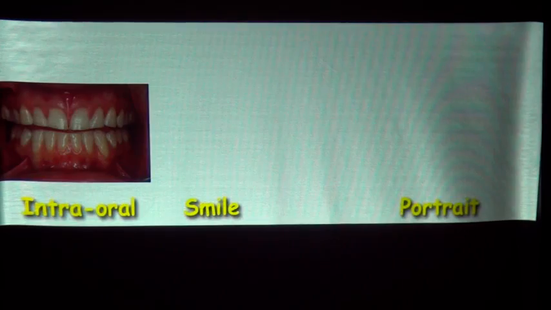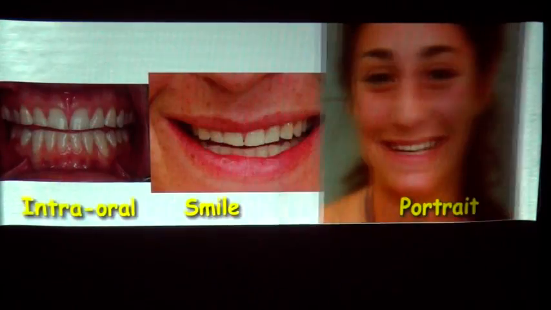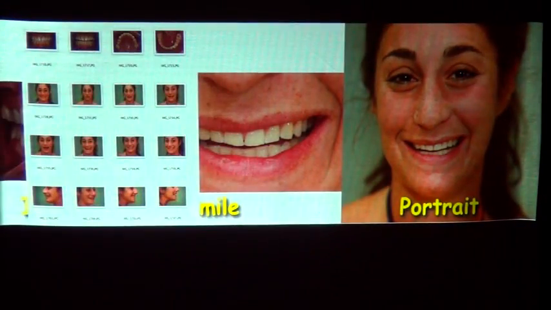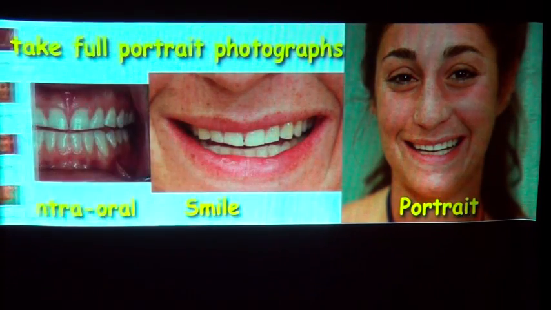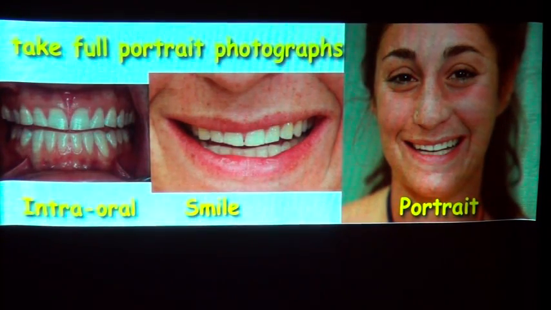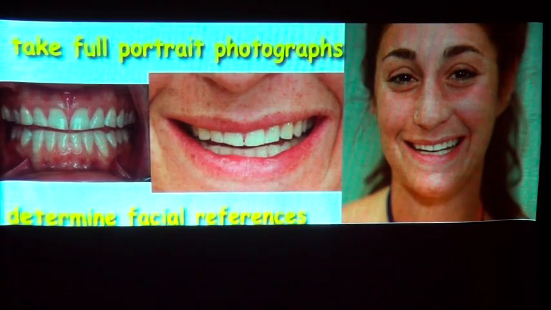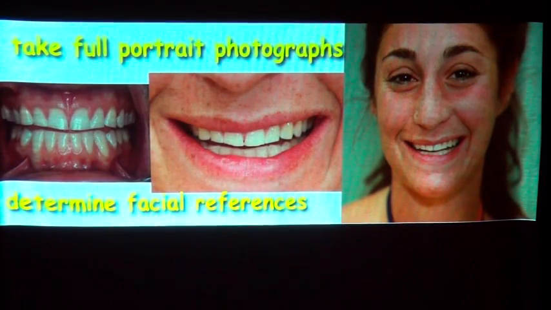And we take our intraoral, our smile, and our portrait views, and we take several of them so we can pick and choose the one that's representative of what we want to show. And we take these full portraits, again, not at the exclusion of intraoral views, and